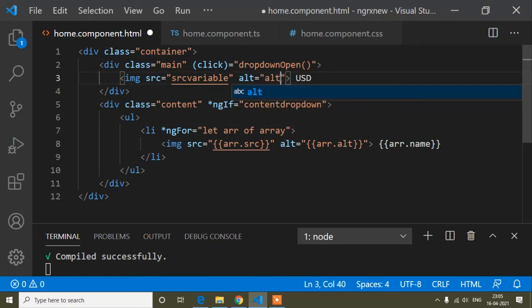In the same way, inside this alter tag I will write alter variable, and here I will write name variable. When we bind any data of the variables, we write inside curly braces. So here I will add curly braces, and also here, and this one is the name variable.